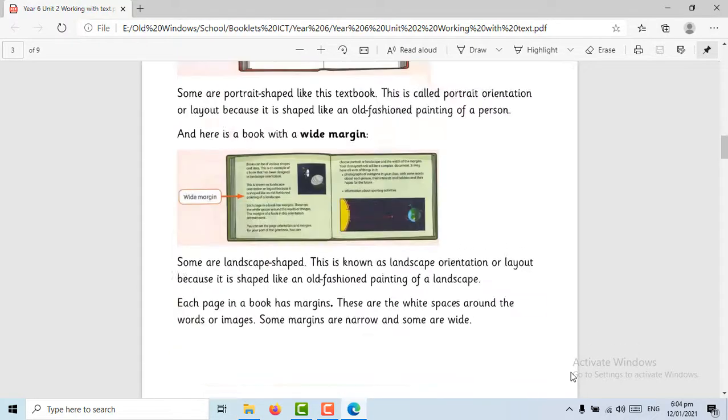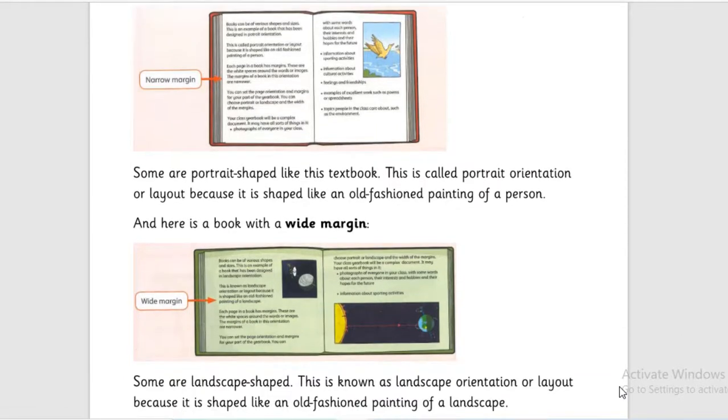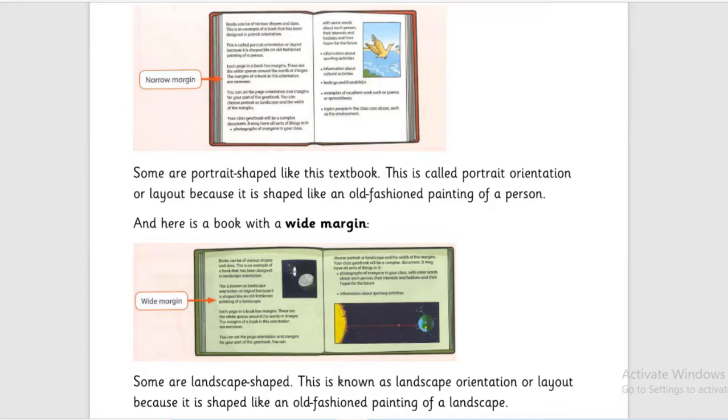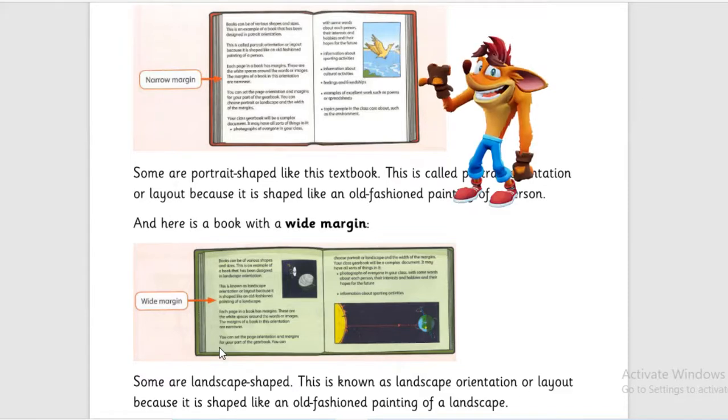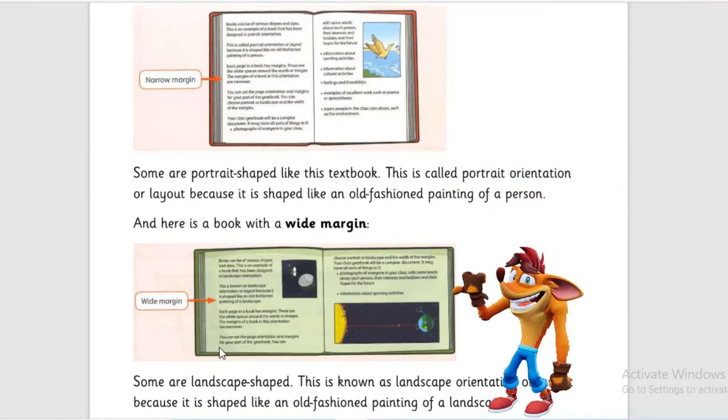Moving on, this is in the book actually, page number 21. You have two pictures right there. The first picture is of a book with a narrow margin, and the second one is of a book with a wide margin. It's very clear, a wide margin leaves a bigger space right here. Also, the orientation of the first book is portrait, while the orientation of the second book is